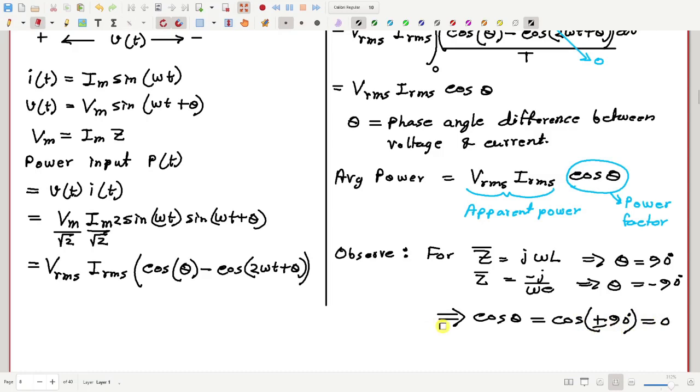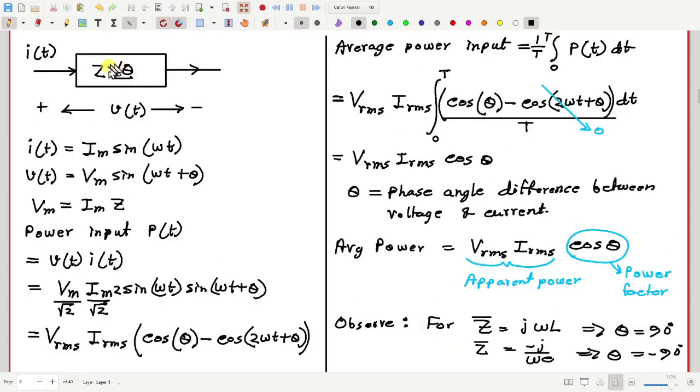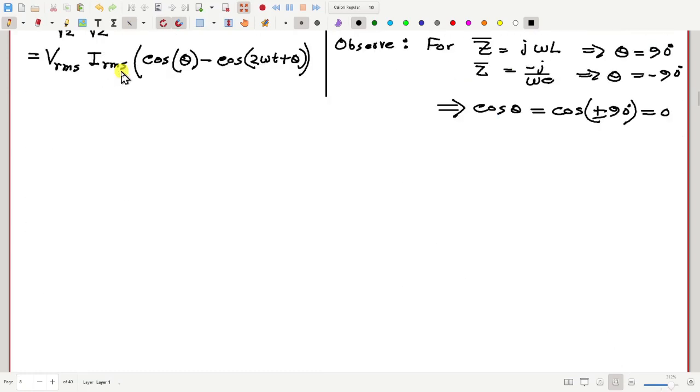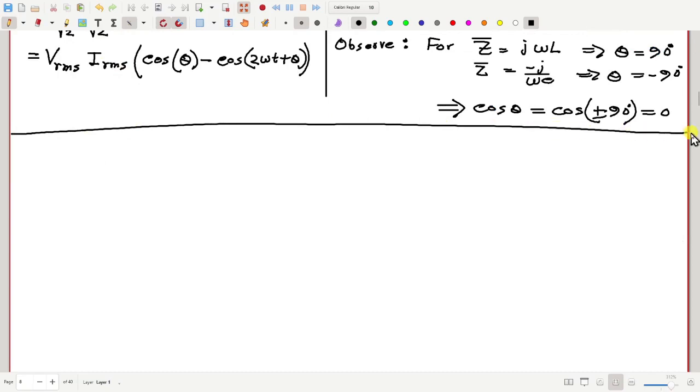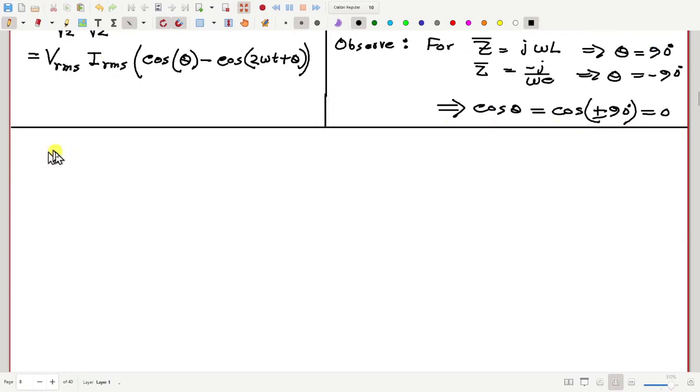So that means if we have an inductor or a capacitor in place of Z, then the average power consumed by it will be 0. Why is that so? Let me consider an inductor. Suppose this is L, this current is I, voltage V. And if I draw the graphs,